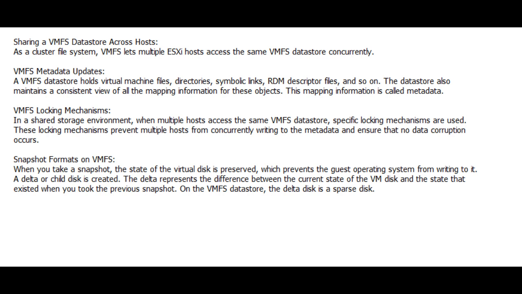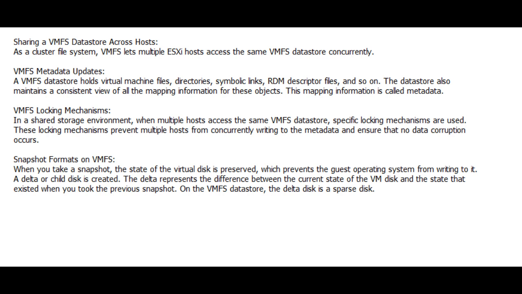VMFS metadata updates. A VMFS data store holds virtual machine files, directories, symbolic links, RDM descriptor files, and so on. The data store also maintains a consistent view of all the mapping information for these objects. This mapping information is called metadata.